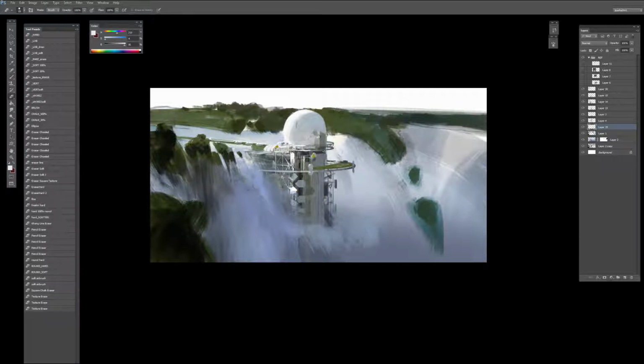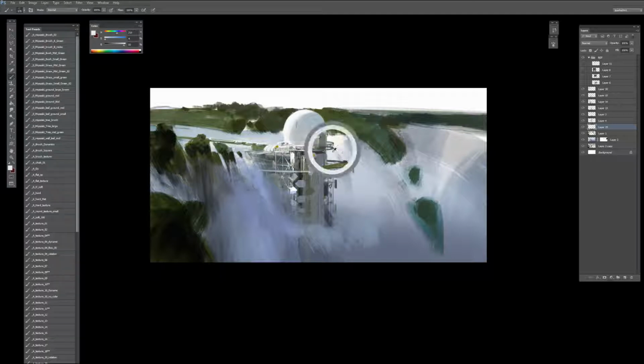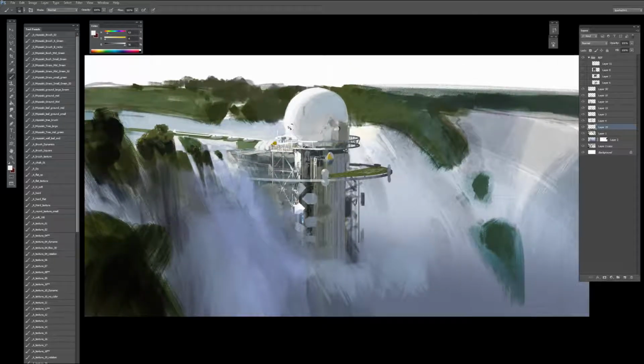Let's just double check, and I'm going to add another layer here. I added a layer here just so that it's behind all this stuff, so I can get some nice value separation. And thinking that, let's go ahead and just start refining this edge here,